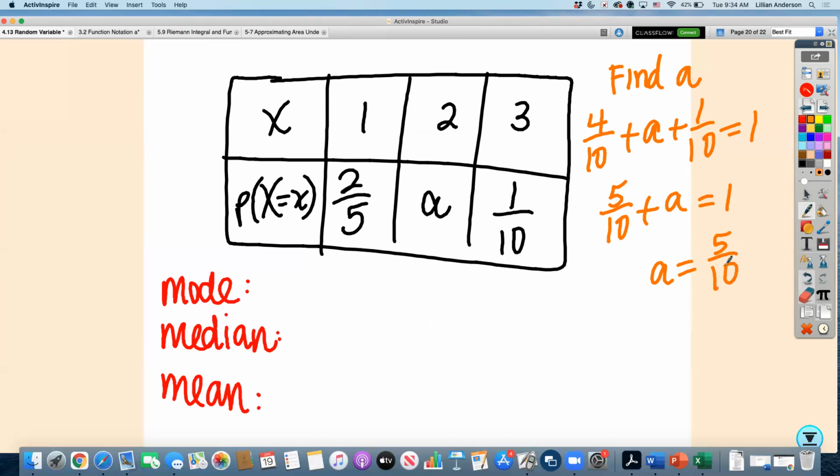Okay, or you could say 1/2. It actually might be more helpful, if anything, maybe to put them as that, so in that way, you might be able to see a little bit easier. So what's the mode? Which one shows up the most? 2. Very good. Where's the median? 2. Very good. And then to find the mean,